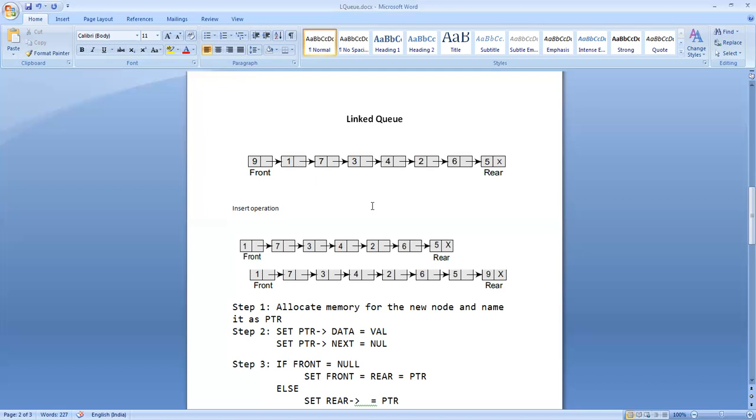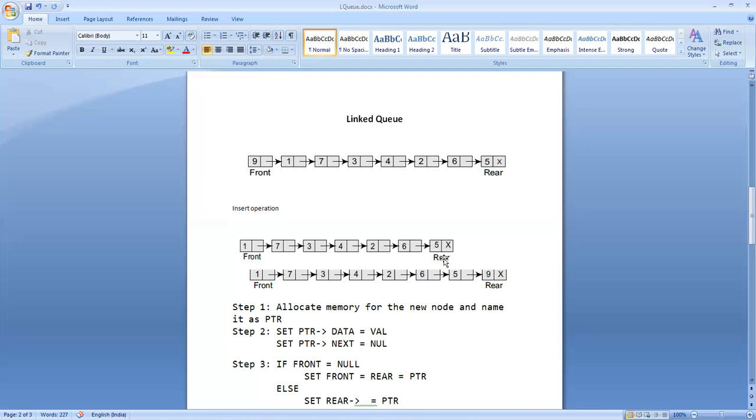Now look at this picture. This is an existing queue. The elements here in the queue are 1, 7, 3, 4, 2, 6, 5. Look at this. The last element is not pointing to anything, so it is null.